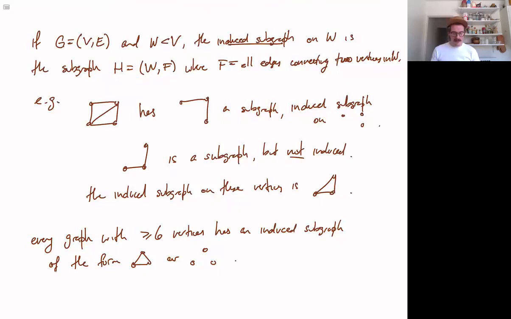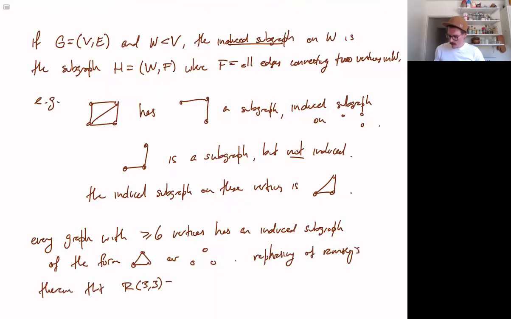And you may recognize this as a way to rephrase Ramsey's theorem, basically that